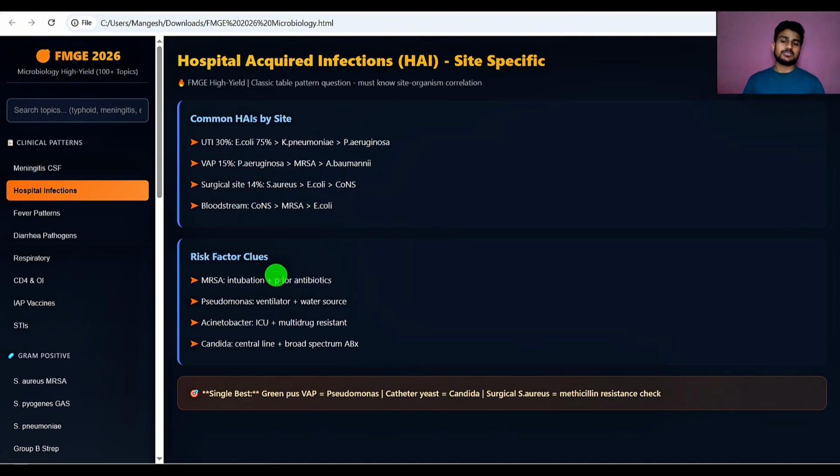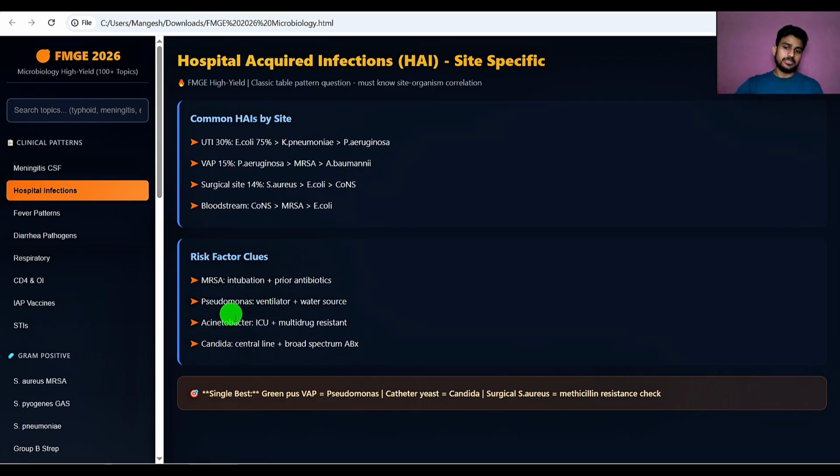The risk factors and clues that you have to remember is that whenever the question is about methicillin-resistant Staph aureus, then you have to remember that the most common risk factors are intubation and prior use of antibiotics. That's why physicians are completely right that we shouldn't use antibiotics as soon as we think that someone is coughing, so the patient might have a bacterial infection, and we shouldn't prescribe azithromycin or similar antibiotics straight away. That causes antibiotic resistance, and this is one of the risk factors for methicillin-resistant Staph